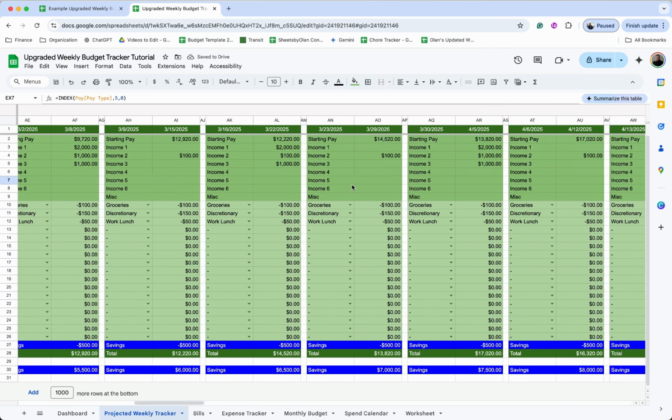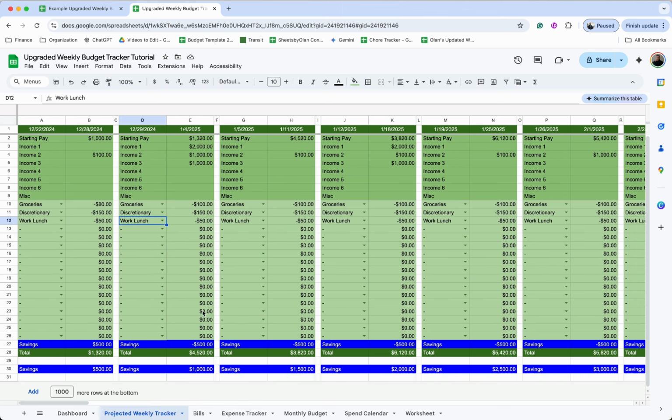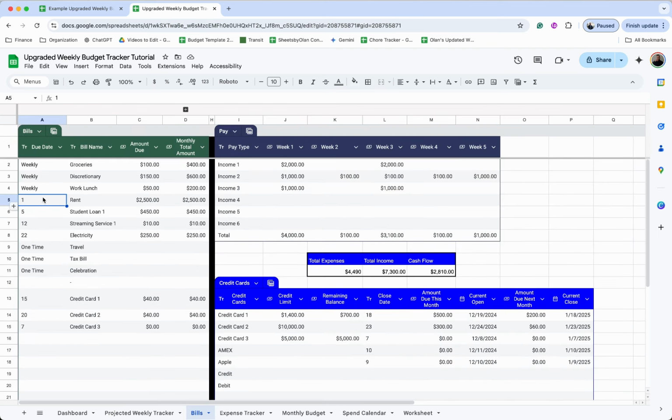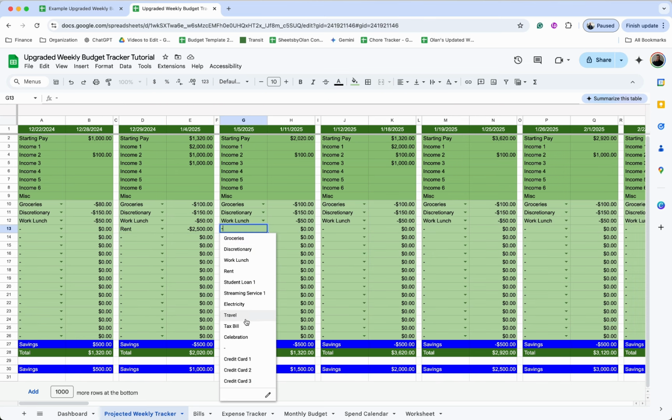Cool. So the base of it is set. Now all we have to do is go through and add every single item that's on our bill list based on the due date. So we have all of our discretionary already in here. That's repeating. But if we look at the due dates themselves, so rent is on the 1st, student loans is on the 5th. We need to go through, look at the dates that are here, and select those options. So rent's on the 1st. You can see the 5th is actually in this week here, so we will go ahead and put student loans